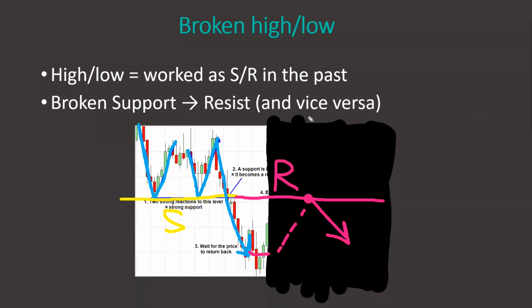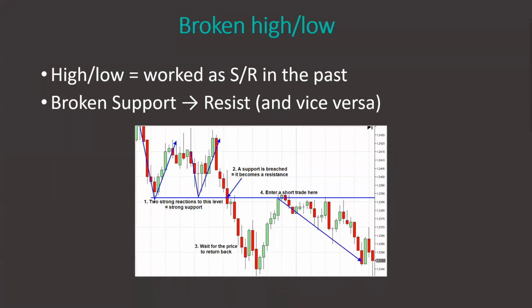Now, for this setup, it suffices that there's only one strong rejection like this. If there's two pointing you to the same support, then it's way stronger than one, obviously. And if there's even more than two, then that's great. But for me, it's okay to have just one. If we have more, even better. So let me now delete all that drawing so you can see how it actually played out. Here is the reaction, right? So yeah, that's about this scenario.